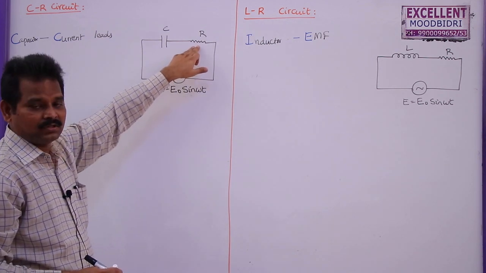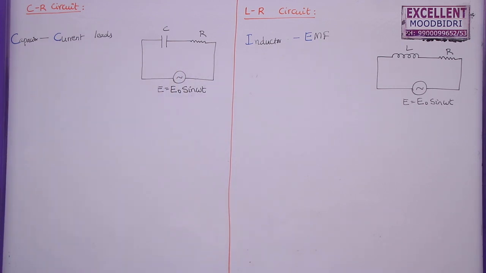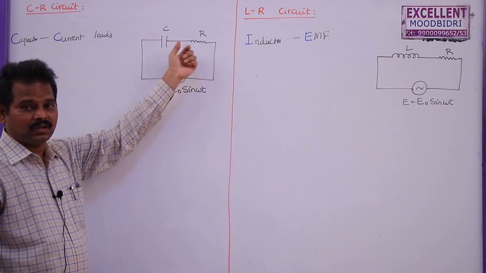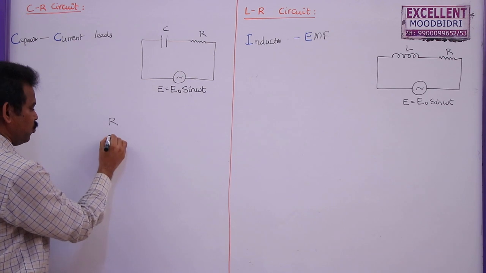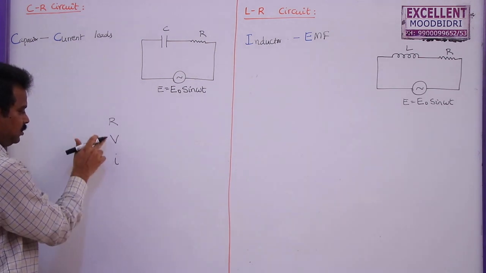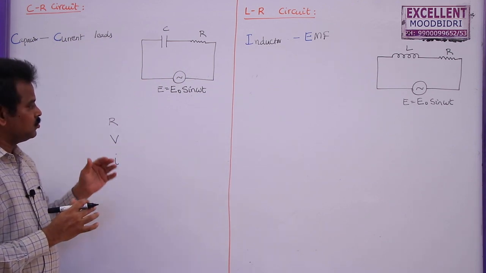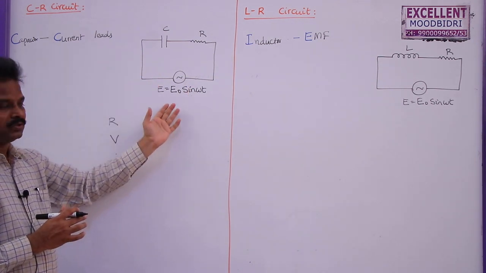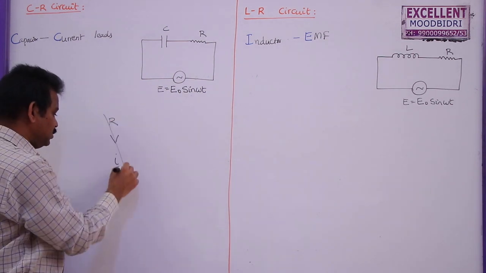Here the capacitor is connected with the help of a resistor in series, across an AC source of EMF E is equal to E naught sin omega t. So in this case we are going to represent the voltage drop across the capacitor as well as the voltage drop across the resistor with the help of vectors. But once again I am telling you, resistance, voltage, current are not vectors. But to get to the equations very easily and solve problems related to the CR circuit, LR circuit, pure resistor, pure capacitor, pure inductor circuit, we are going to represent these as vectors, but actually speaking these are not vectors.